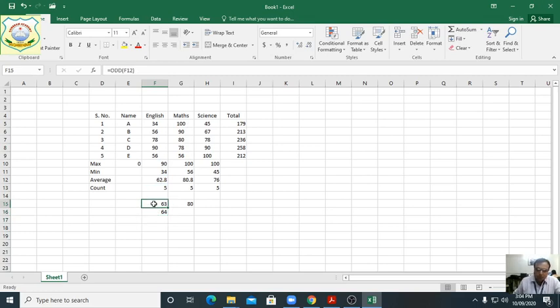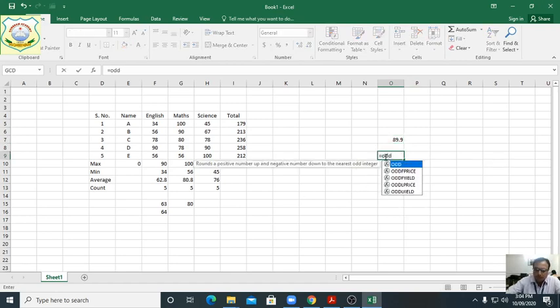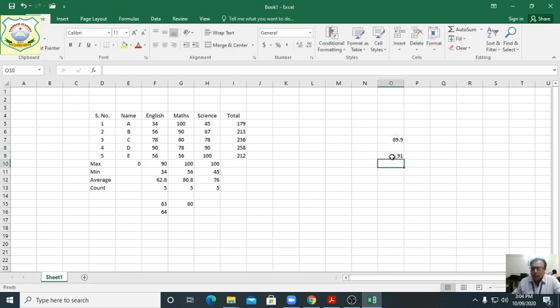So with ODD, we will get the odd number whatever we have taken. Let students again see here, suppose 89.9 we have taken, and with this number we want to find the odd or an even number. This cell address is G7. Here we are writing equal ODD, bracket. Now choose this cell address, close. This 91 is the odd number.